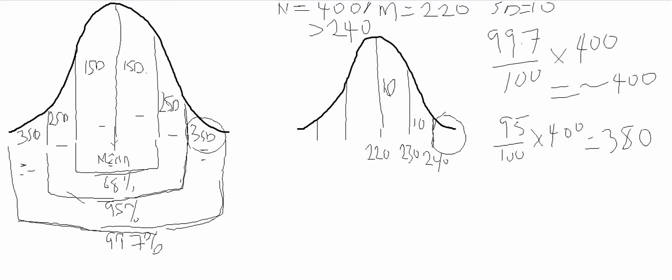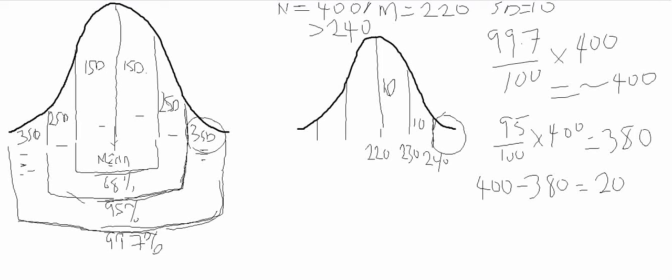So we know the amount of patients within the 97%, 99.7%. We know the amount of patients within the 95%. All we need to do is subtract them. So if we do 400 minus 380, that will give us what? 20. So that means 20 patients are going to score within 3 standard deviations above and 3 standard deviations